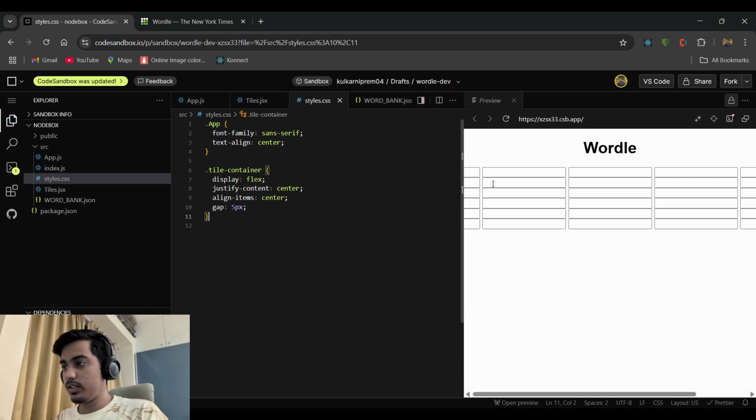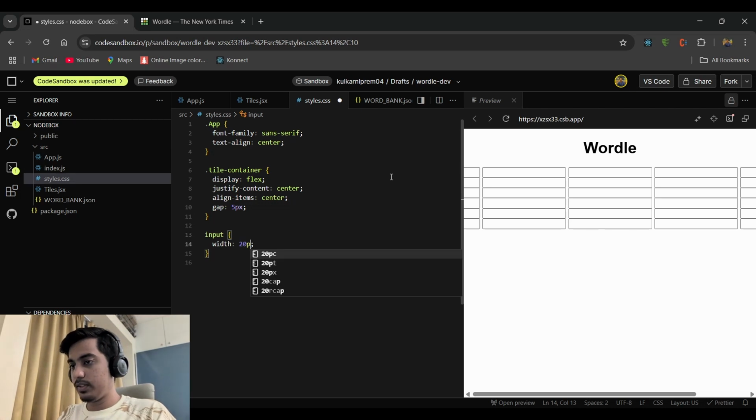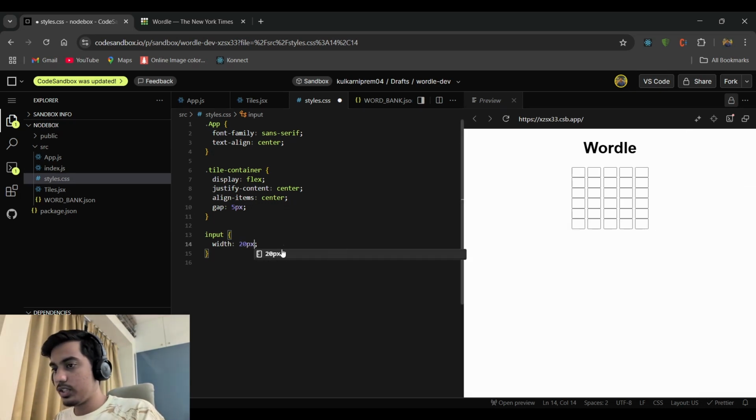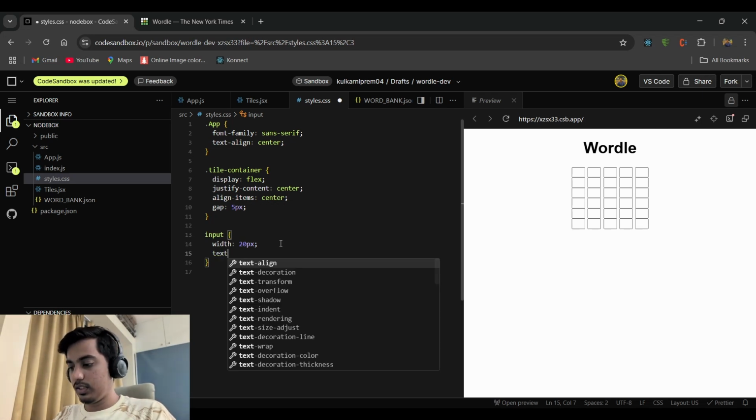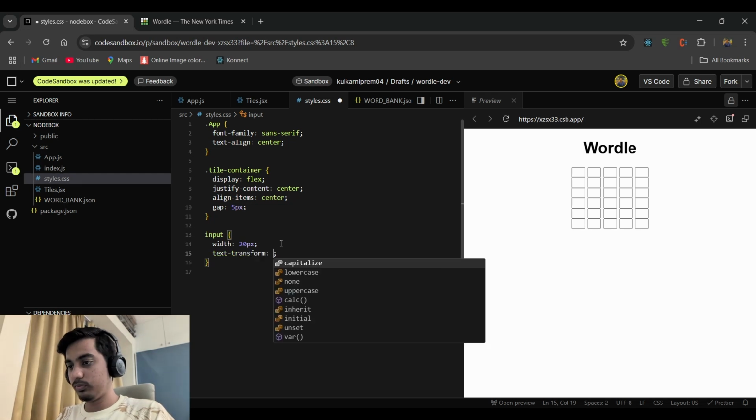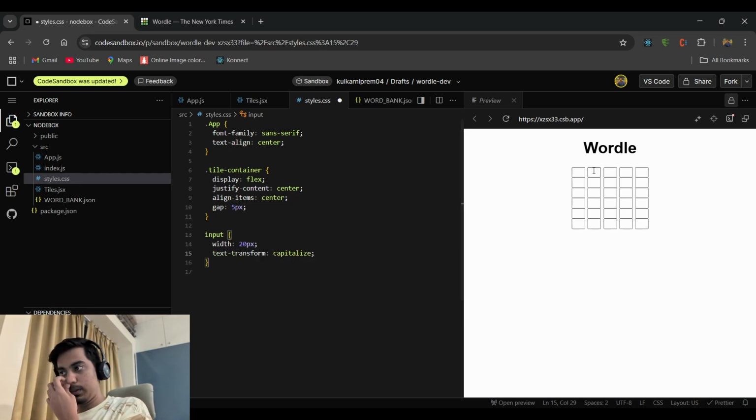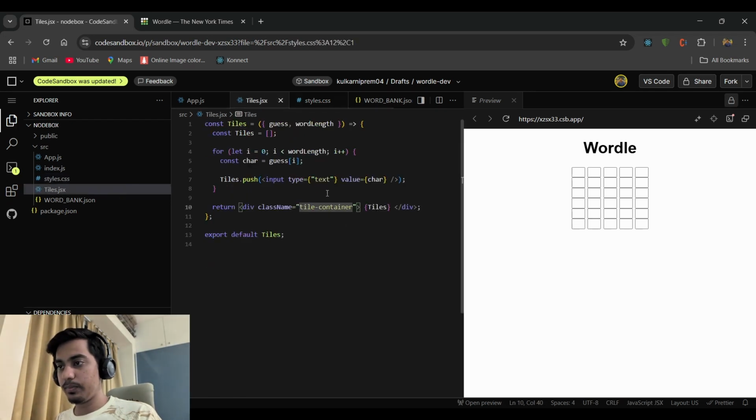One more thing we need to do is just limit the length of this. So I'm just going to do this for all the input tags. Let's have the width of, I don't know, 20 pixels. Yeah, that works. And let's do text transform capitalize, because everything you enter over here should be capital. So let's do that, and let's see how it works. As you can see, we have these capital letters over here as our guesses, and we have these individual characters